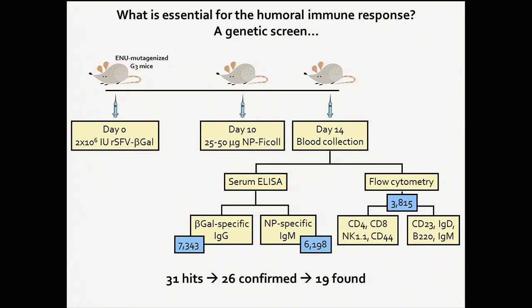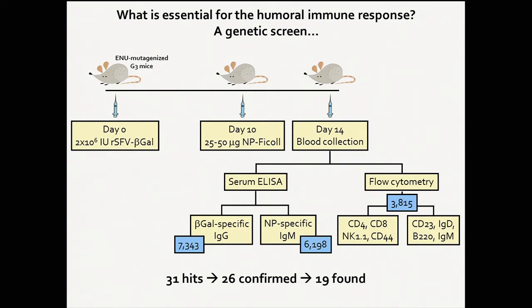On day 10, we would give NP-Ficoll as a T-independent challenge, and on day 14, we'd bleed the mice and do a serum ELISA to look for beta-gal-specific IgG or NP-specific IgM. And we would also do flow cytometry on the blood to look for developmental problems that could easily be picked up. In all, 7,343 mice were checked for the T-dependent response, and of those, 6,198 were also checked for the